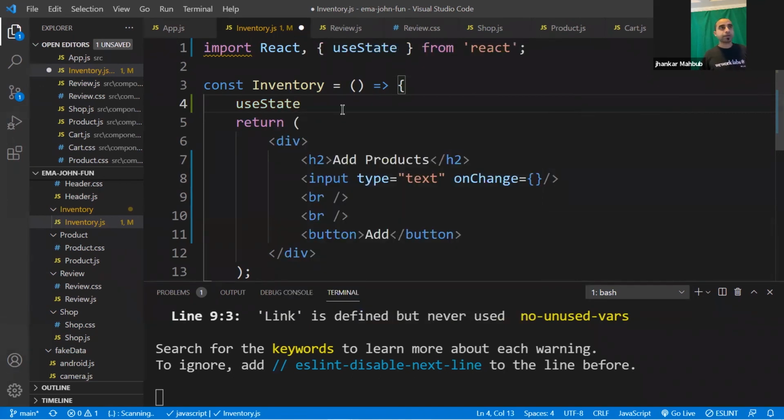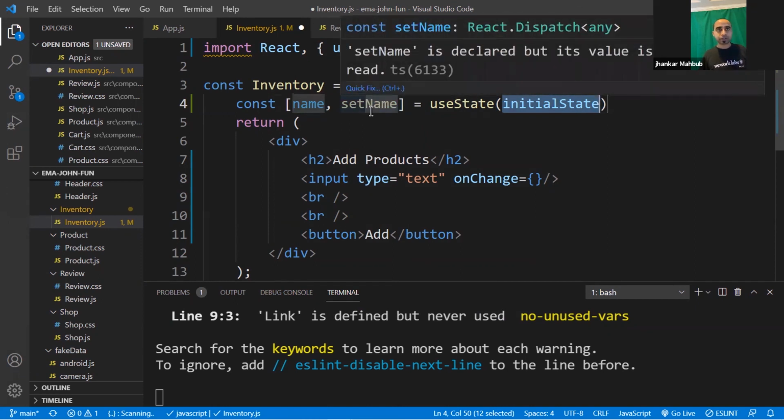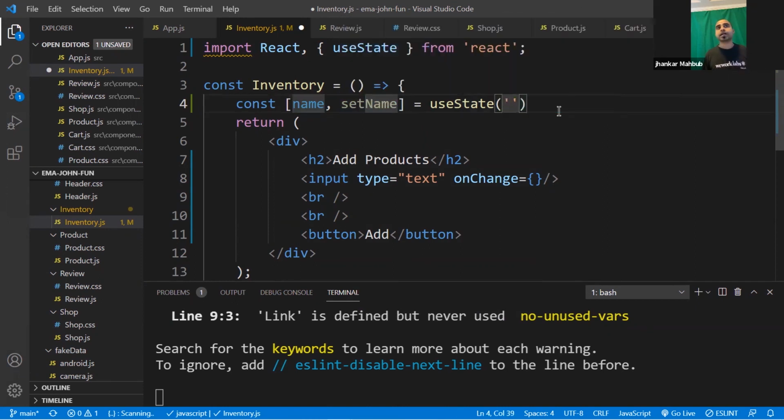And the second thing, you need to just go a little bit back and type state. If you have this code generator and you press enter, it will create code something like this. And if you don't have that one, you can definitely type something like this. So we can give the state name as name. And if you tab it, it will initially do name, this is setName with an uppercase. And if you tab it, the cursor is here, and you could have a starting name, something like this. And once you do this, you have some state and you have the setName.